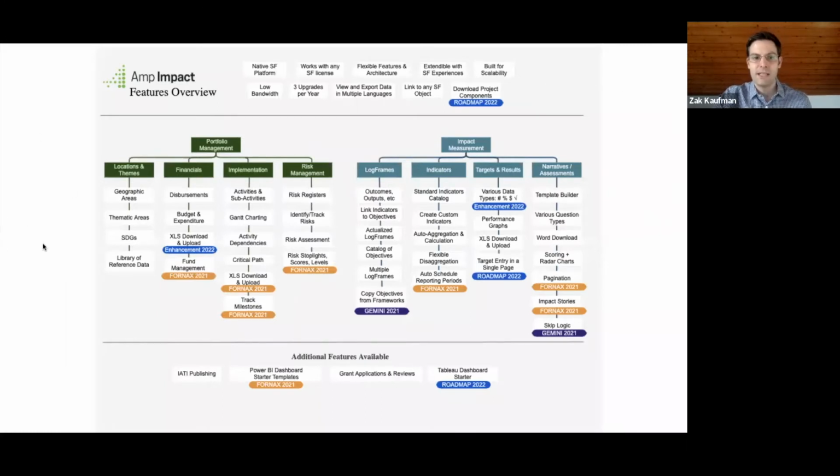So this is a diagram that we use to keep track of and visualize the focus of AMP Impact as a product and all of its major features and the subcomponents thereof. So I'll run you through. This gives you a bit of a sense of the innovation that we've been driving this year with the Fornax release and now the Gemini release, as well as some of the priorities and items that we're working on for 2022. So in the Fornax release, which you can see here in orange, we released some new